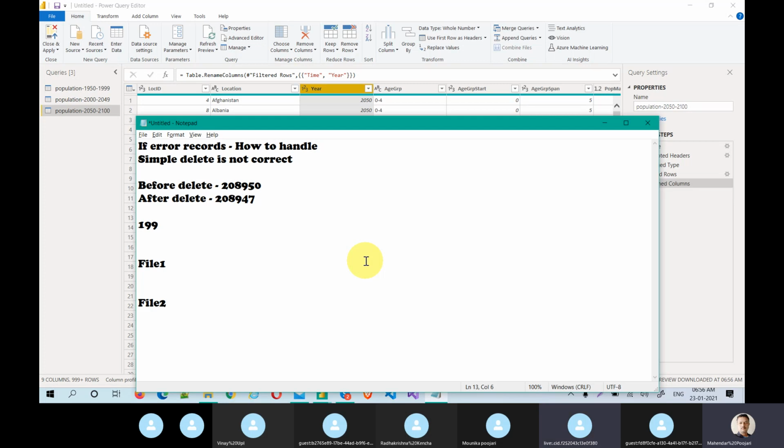In file 1, I have ID, name and salary, and three values: 1, comma, Mahendra, comma, some X, 10 rupees, and 2, another, XYZ, 20 rupees. The file 2 also has similar data. Now let's go to file 2.